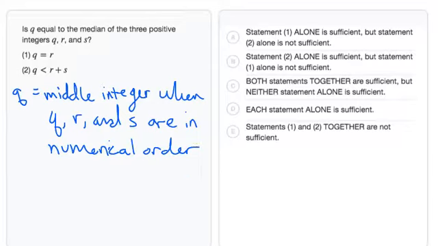So now let's dive into statement 1. We need to know whether there's enough information to determine this. So taking a look at statement 1,